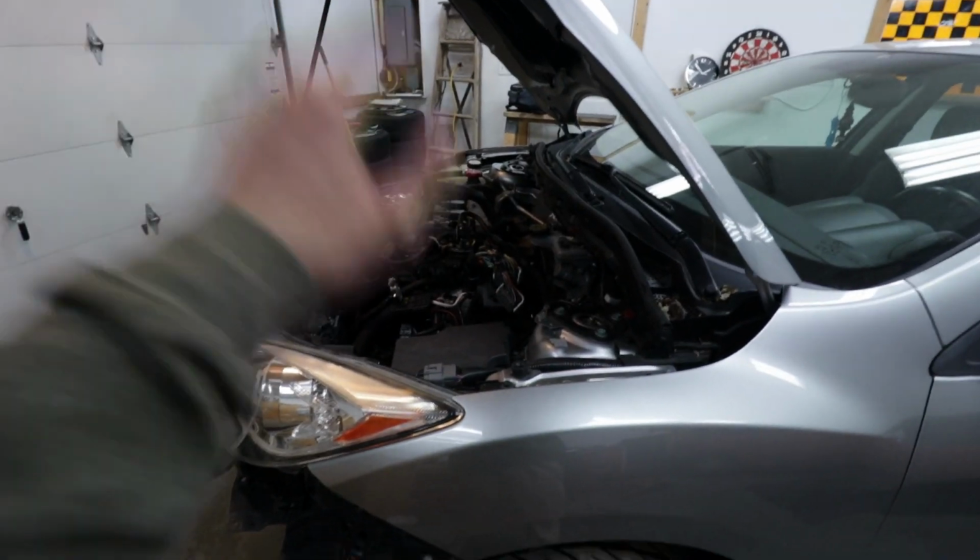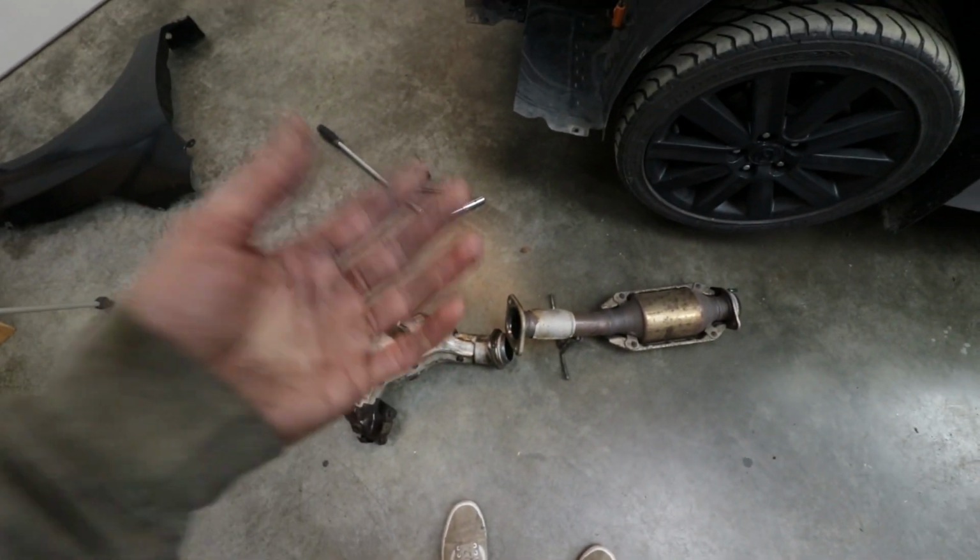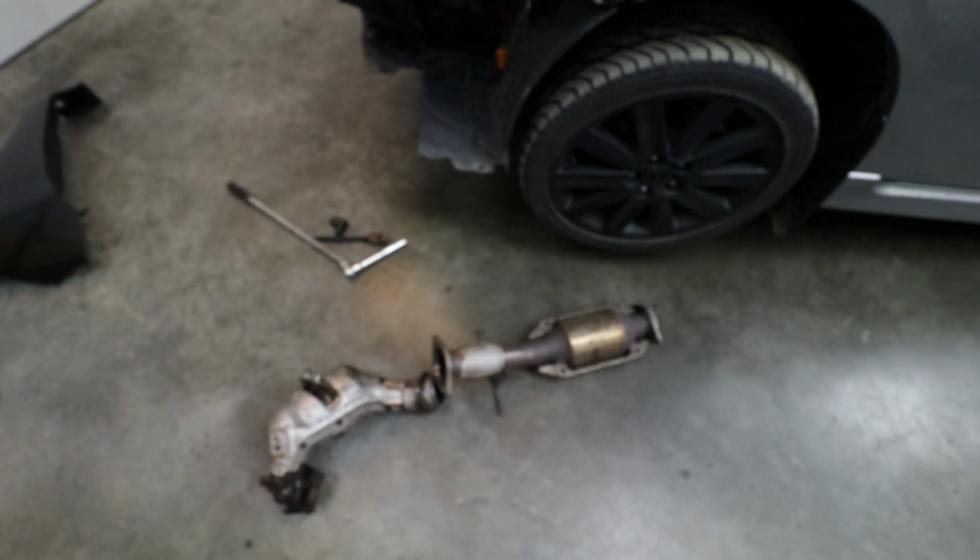So the car is done. We have completed the downpipe removal. Face is dirty, my hands are dirty. There's PB Blast everywhere. That's all for you guys today. I'm excited that I got this done. This is probably one of, if not the most difficult job I've ever done on any of my cars,